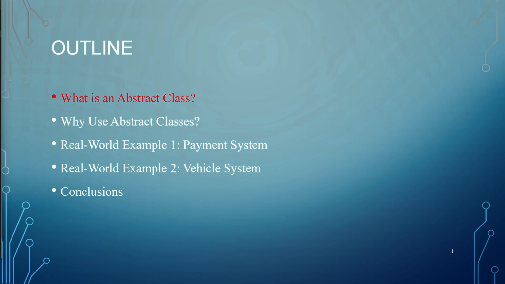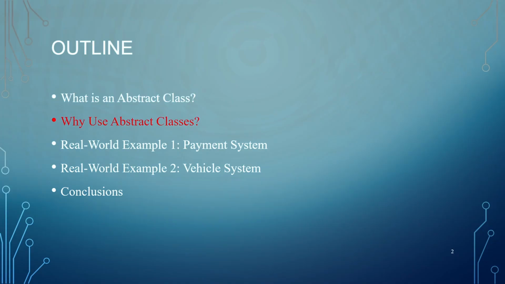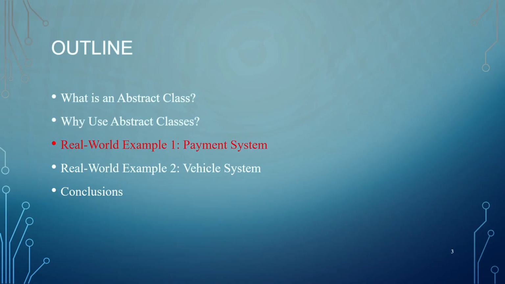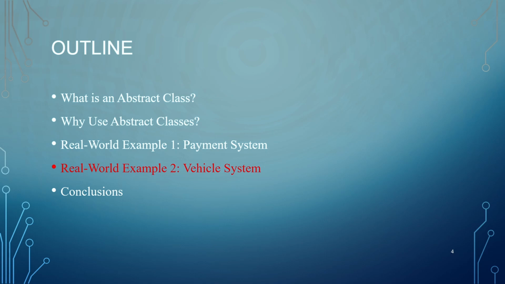Here's a quick overview of what we'll be covering today. First, we'll start by understanding what an abstract class is, its definition and purpose in object-oriented programming. Next, we'll explore why we use abstract classes, focusing on how they help enforce structure, promote code reuse, and support consistent design. Then, we'll look at two real-world examples, the payment system and the vehicle system, to see how abstraction